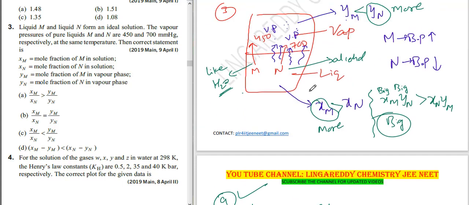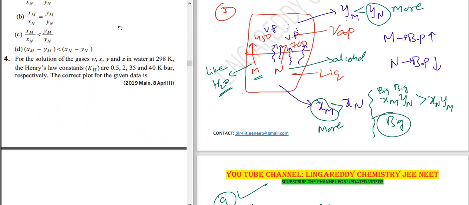What I did: if the vapor pressure is more, obviously it will be more in the vapor phase. When the same substance is going into vapor maximum, the other substance in the liquid phase will be more, that's why xm will be more. From this concept, when the big values are multiplied, the answer will obviously be higher than the remaining two. From this I selected the correct option.